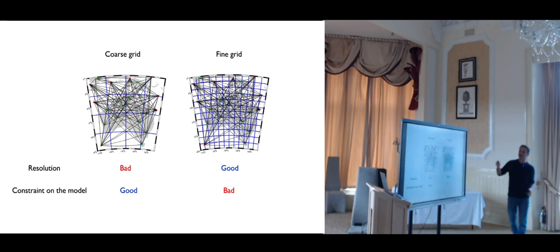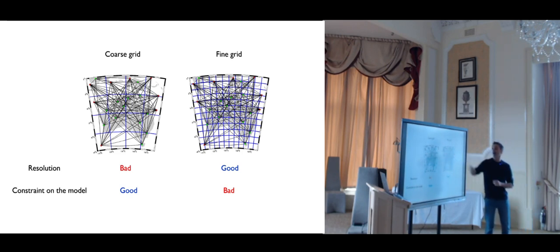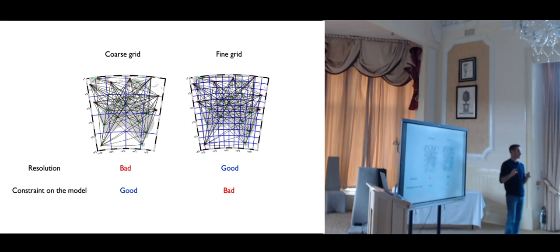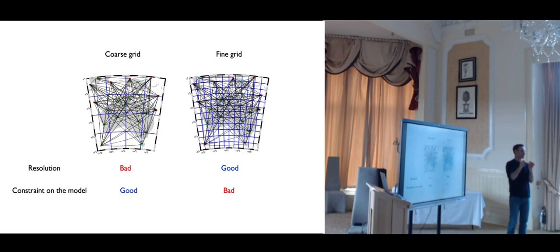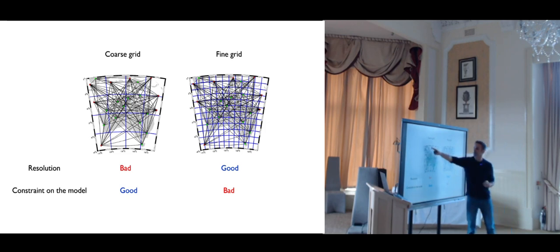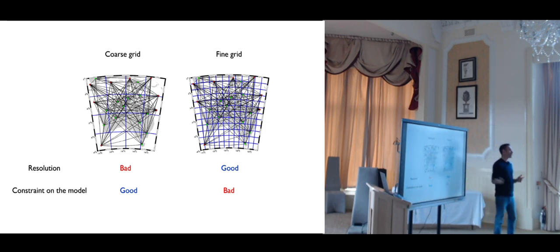So here are two classical choices. We can decide to parameterize our model with different square cells. And then the problem is quite simple. From a set of average velocities along rays, we want to recover a set of average velocities within cells, right? So we are not going to recover the full velocity field. We are only going to recover average velocities within cells. And then there is the question of the parametrization. How do we parameterize the model? Should we use a fine grid or a coarse grid?